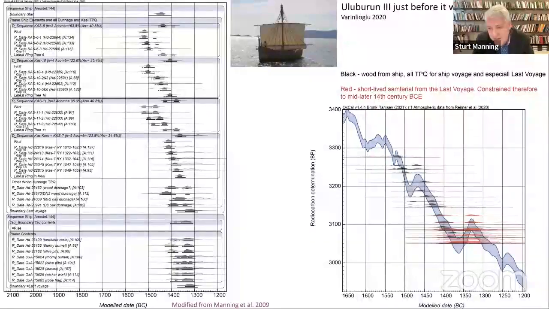And if we look at that set of material against the calibration curve on the bottom right, all of the black equals the wooden samples. They all describe a terminus post quem, from quite a bit before if it's inner rings to just before if it's outer rings. And the red ones show the range of the short-lived dates. What you see is that the red ones tend to be a little bit later, but the range of the black ones starts to rule out quite a bit of the two possibilities that you get from the red ones, such that the earlier range around 1400 is ruled out by a combination of both the red and the black. The black means it's a terminus post quem, so it doesn't count. So we end up with the last voyage being where the second option applies with the red ones,